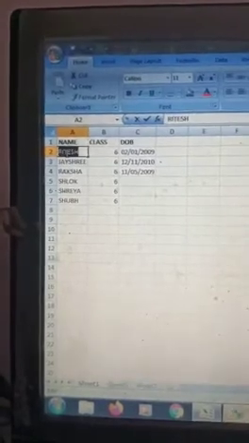To select data in a cell, double click on it. If you want to select, double click and then move the mouse pointer and drag it to select. One more way: press the F2 key and then use the Shift and arrow keys to select the data in a cell. This way you can select the data.